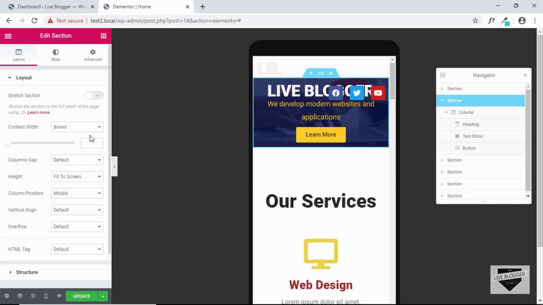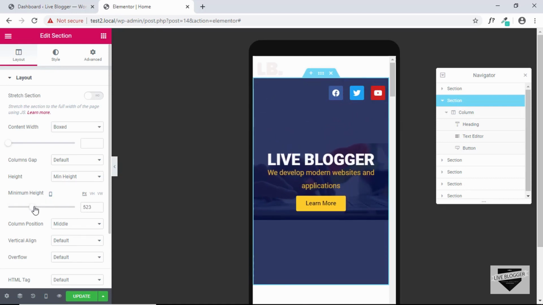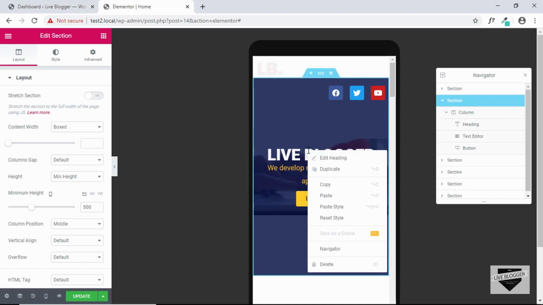And the fit to screen is not working on our mobile device. So let's select a minimum height. And we'll increase the height to say 500 pixels. Now let's give some bottom margin to this heading. So right click over here, edit heading,